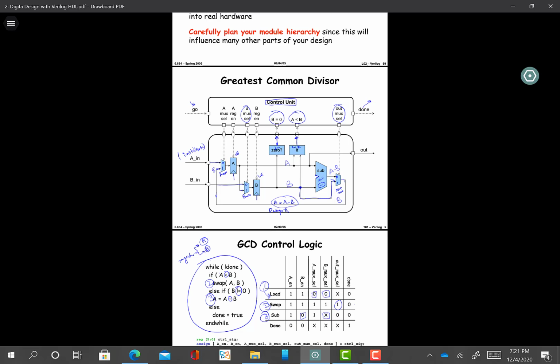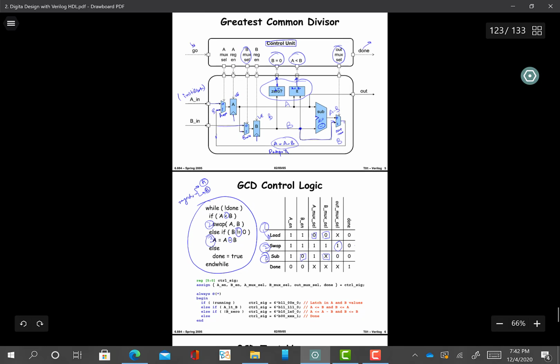Okay, and at the same time this is combinational logic, so this is always done in parallel. This logic is always active. So whatever is on the A and B line, this logic is active. So B is compared to 0 and the flag is generated to the control unit. And the last state is the done state,